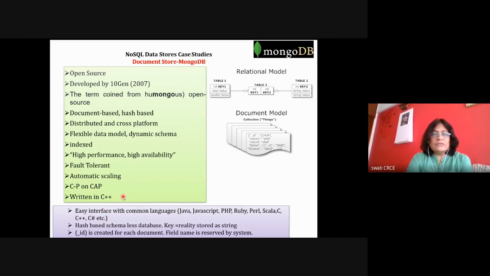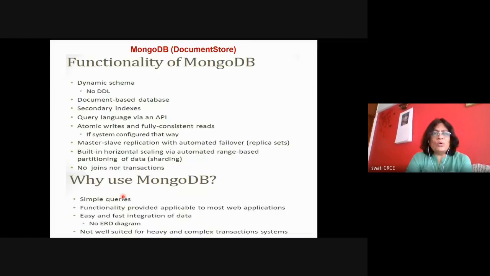So the functionality provided by MongoDB is that dynamic schema is there. There is no data definition language like create table. It is a document store database. Secondary indexes are also there, and the query language is via APIs. APIs are provided, so you can write a program and access the data.